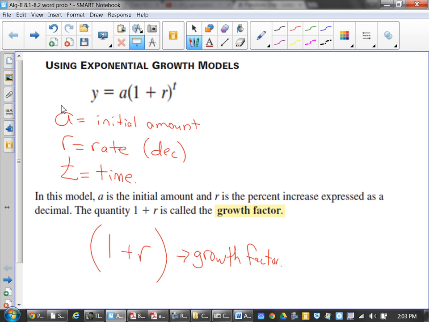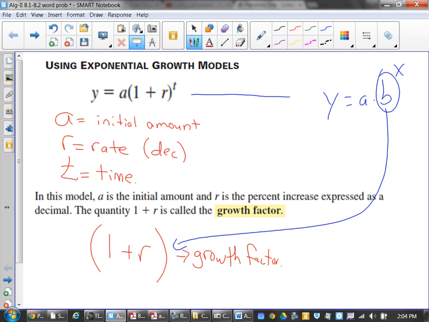So this mirrors the same idea as y equals A times B to the x, where this B value is that. That's all it is. And by being a growth model, your B value is always greater than 1. The decay model, your B value will be less than 1, so we'll be subtracting the rate when I show